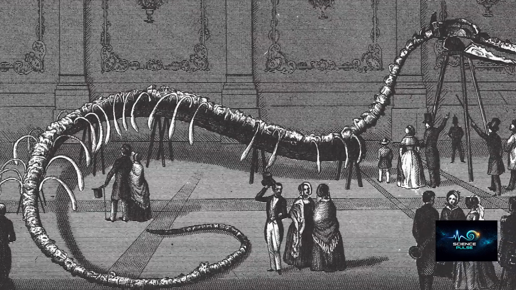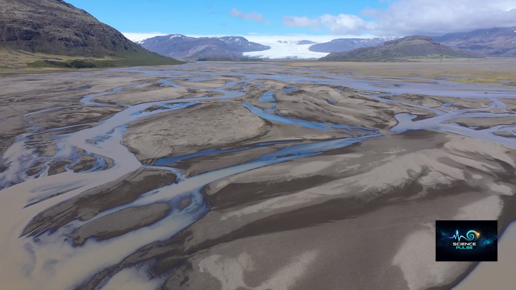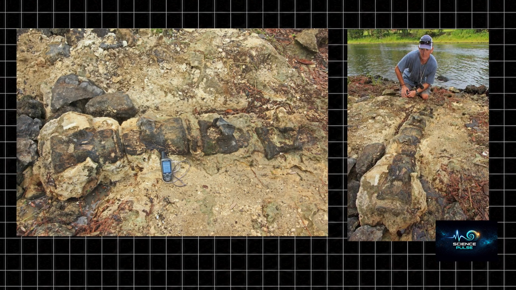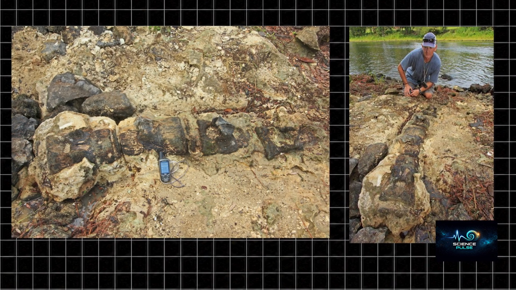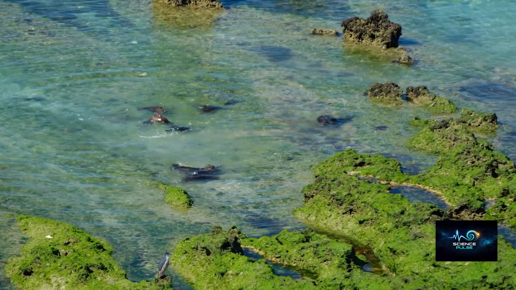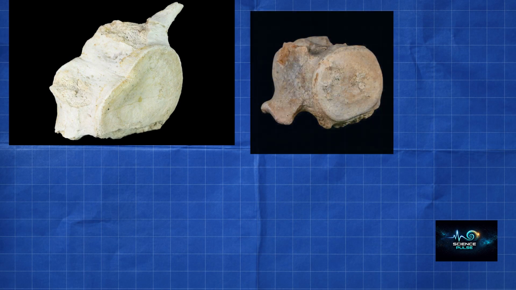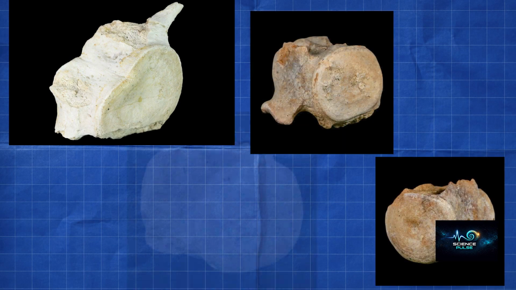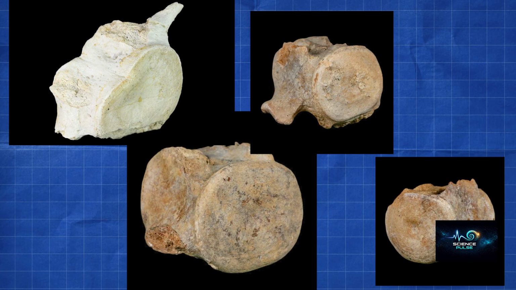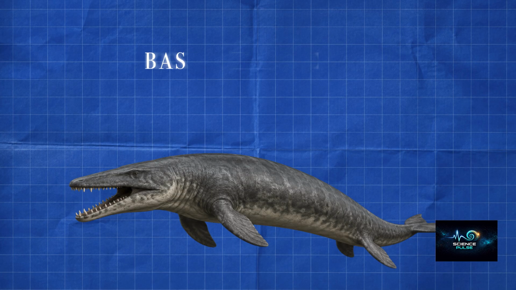Basilosaurus was first described in 1834 by the American naturalist Richard Harlan. The fossils came from the southern United States, where large vertebrae had been turning up for years in regions once covered by a shallow Eocene sea. Examining the elongated vertebrae, Harlan concluded the animal was an enormous extinct reptile and named it Basilosaurus, Greek for king